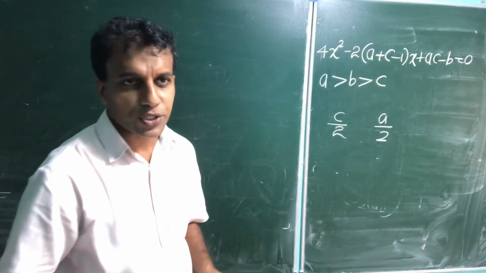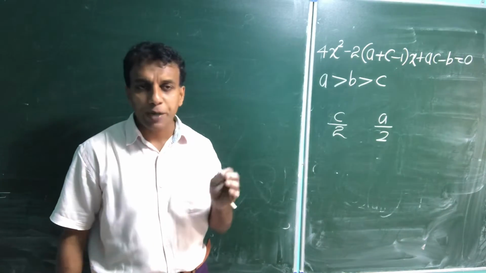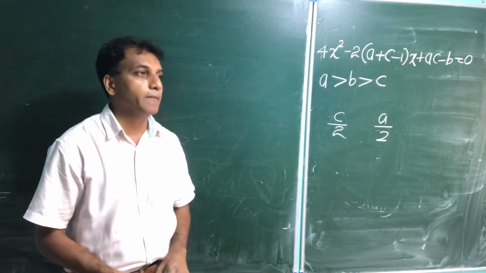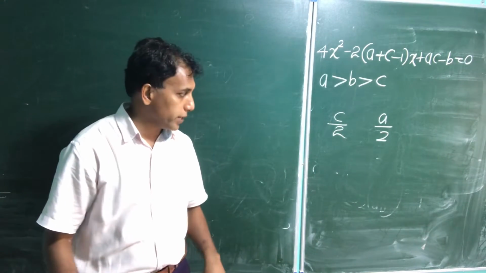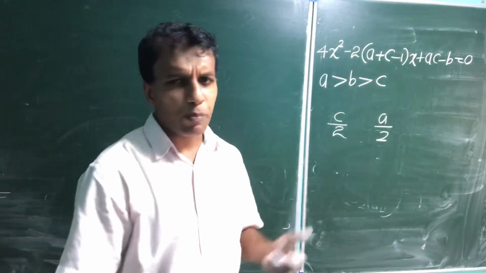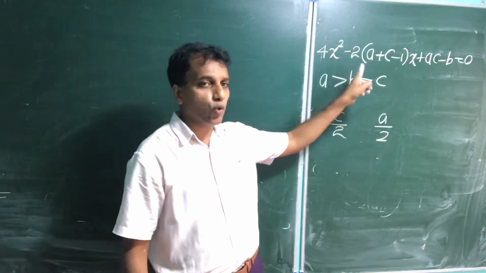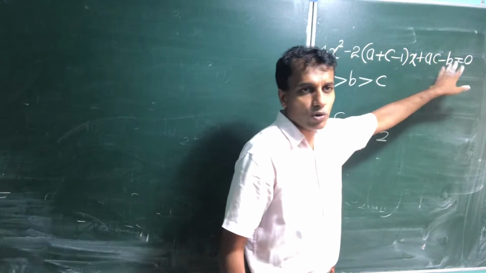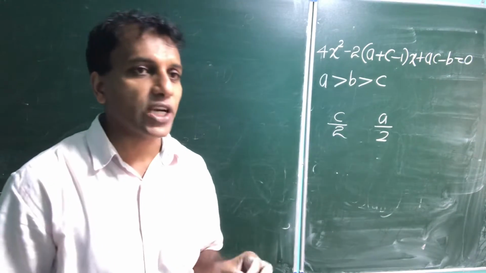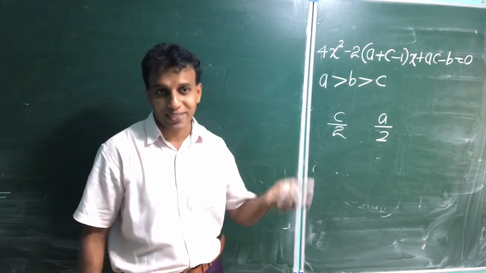So what is the idea? You should study the idea here, not only for this question but for any question of this type, where you have to find these answers. The answer lies between c by 2 and a by 2. I will give a brief explanation. If there is no zero, that is called a quadratic function, known as f(x), g(x), phi(x) or h(x) in the exam paper.